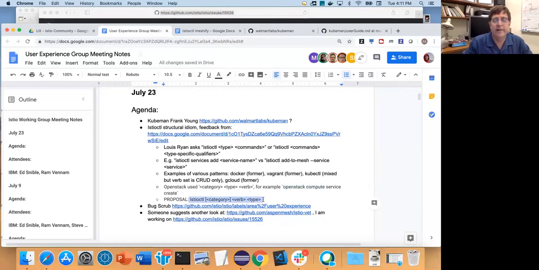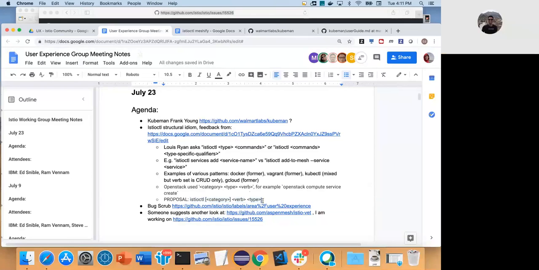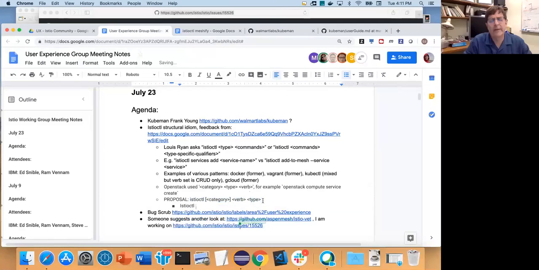This is what I'm thinking. And how would add to mesh look like in that approach? Well, so that's why we got stuck here. So it would certainly be like